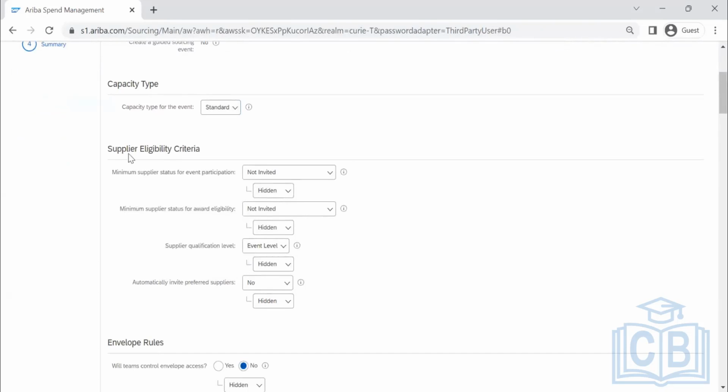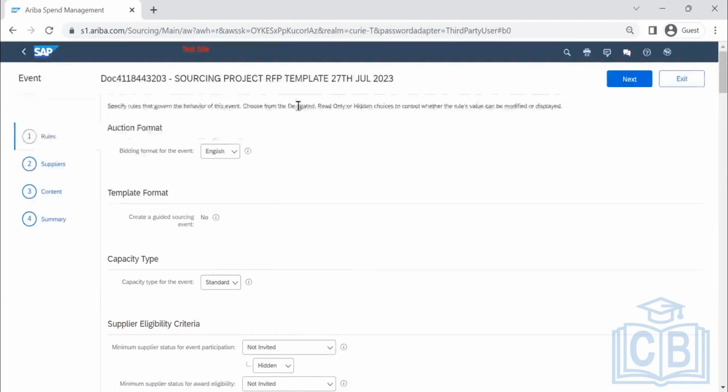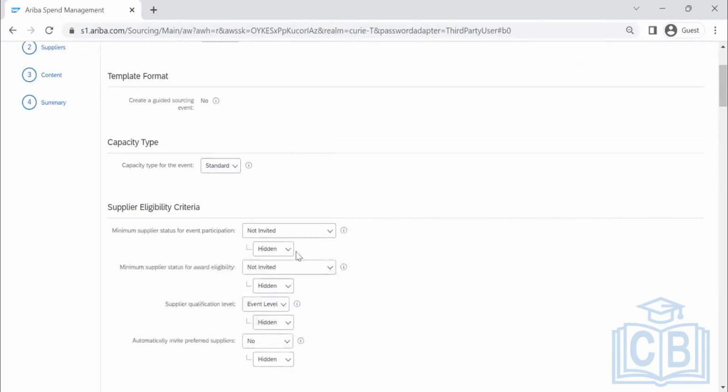So here you are also deciding supplier eligibility criteria. Minimum supplier for event participation. In my sourcing project RFP when I'm creating, what kind of suppliers do I want to allow? I want to allow only registered suppliers, then I can select registered supplier. So when you search for suppliers, if you add some unregistered supplier, during publishing of that event, the system will stop you and say you have added participants who are not registered, then you need to remove that supplier or get the supplier registered,